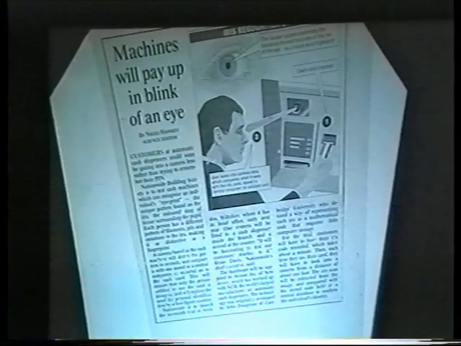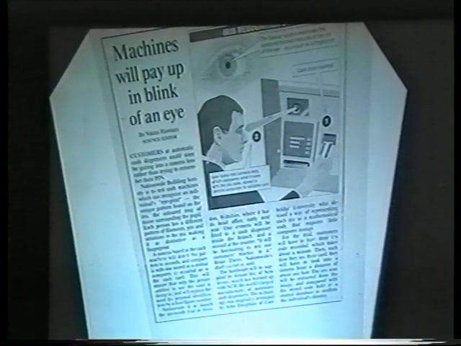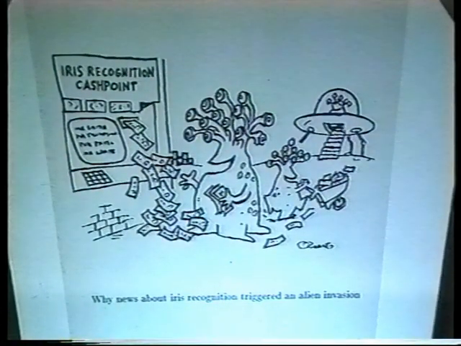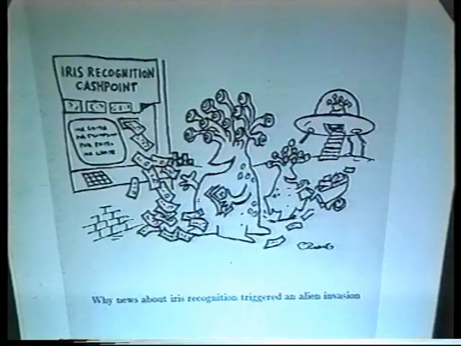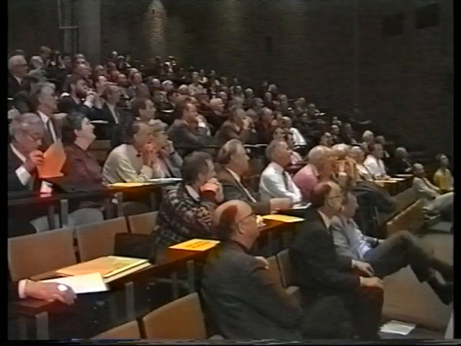And finally, in view of the news just out last night that a new solar system has been discovered, I couldn't resist showing you one of the consequences of iris recognition as news began to leak around the galaxy. You know, the euro is becoming legal tender in many more places, all over the galaxy, and ironically, this particular cartoon appeared in a magazine called Private Eye.